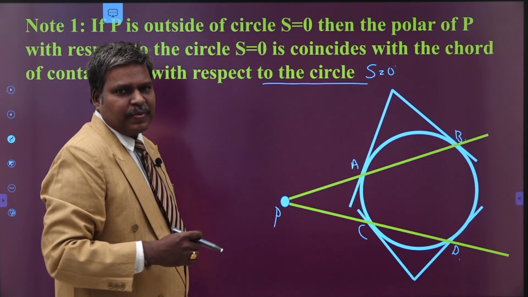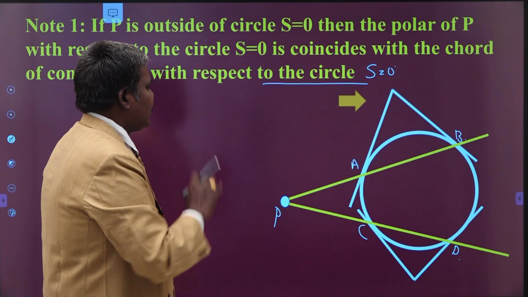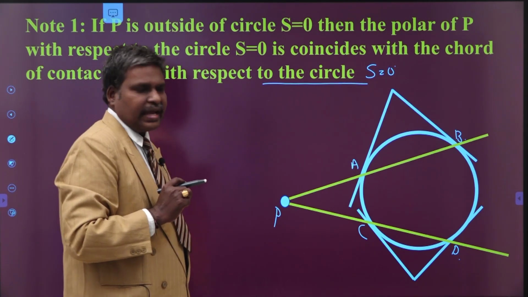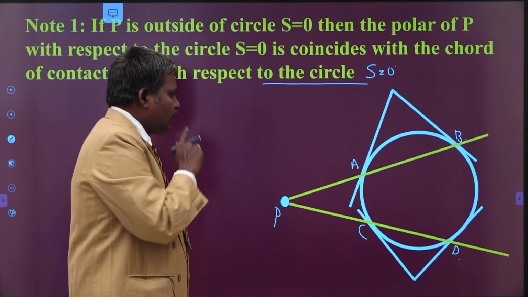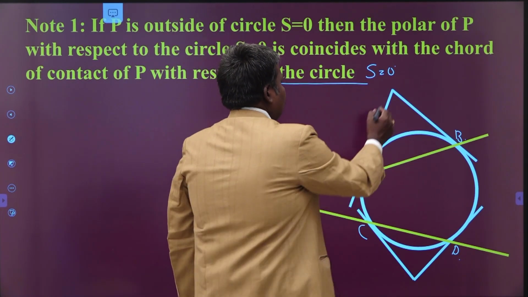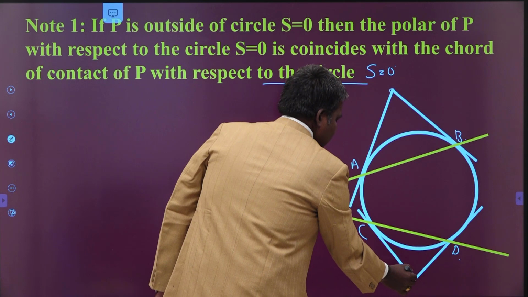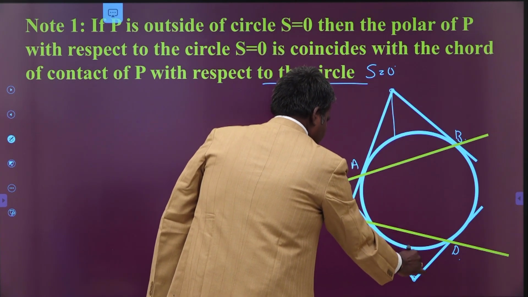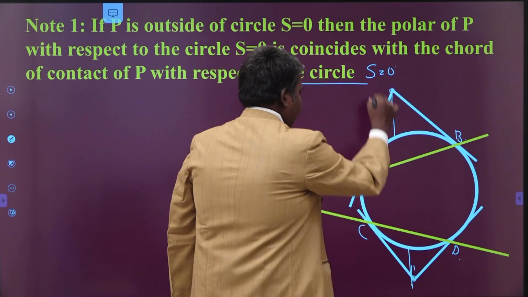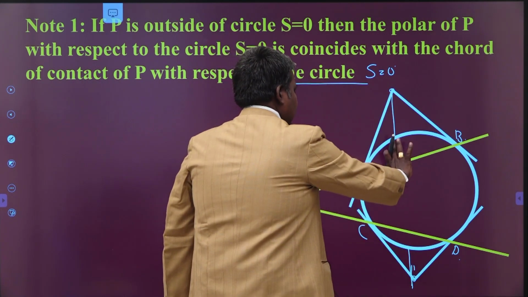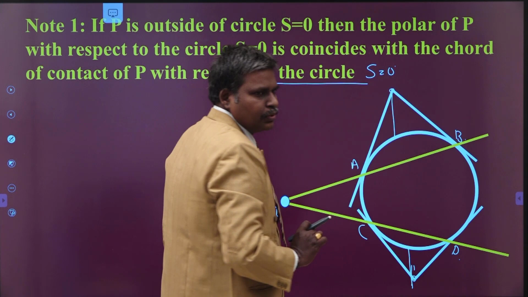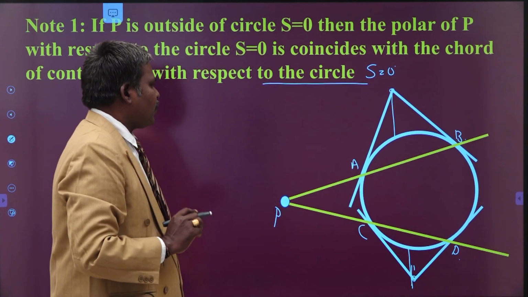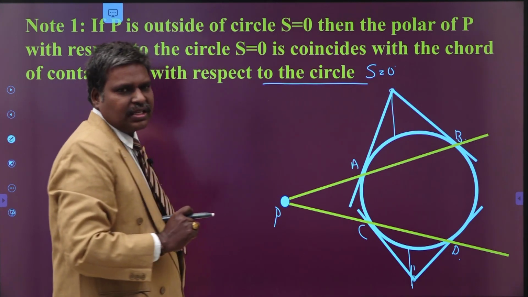In this manner you can draw the pairs of tangents at the extremities of chords through the given point P to the circle. Okay, this is the related diagram. What is my polar now? You collect all such points, you get some locus. So the locus is like this, a pair of rays disconnected at this point, a portion. Okay, this is the polar of point P. Your point is outside of the circle.